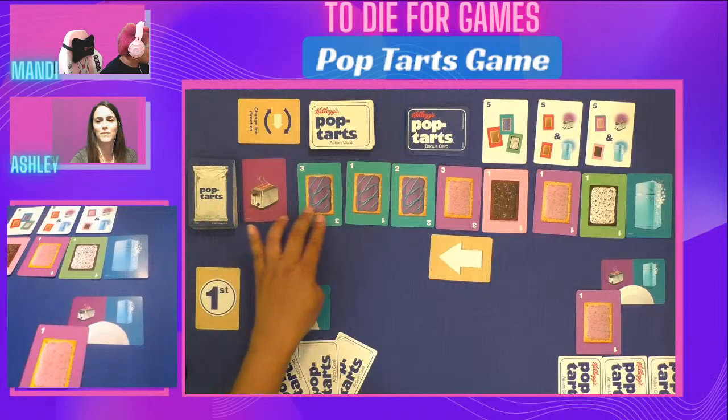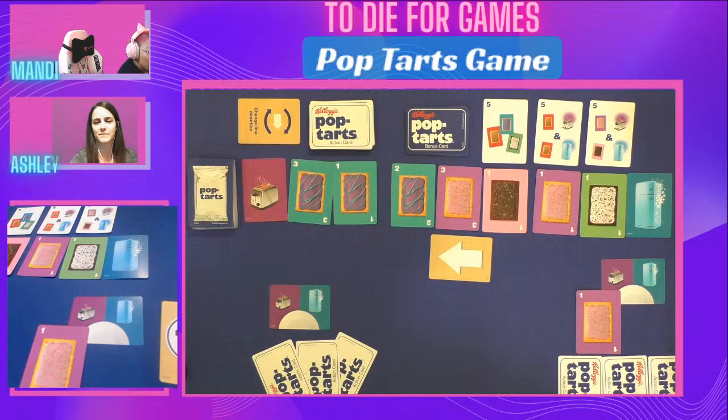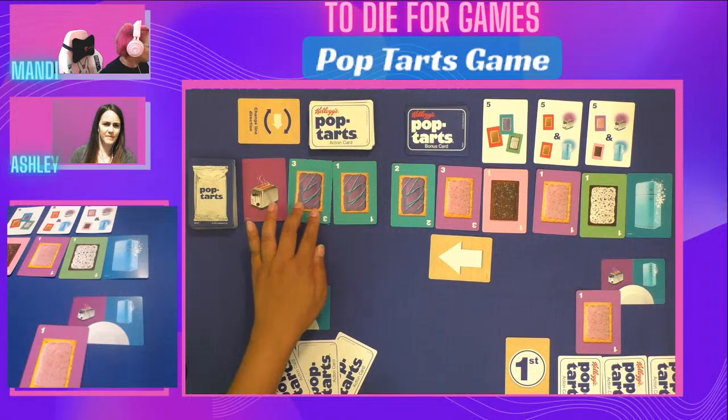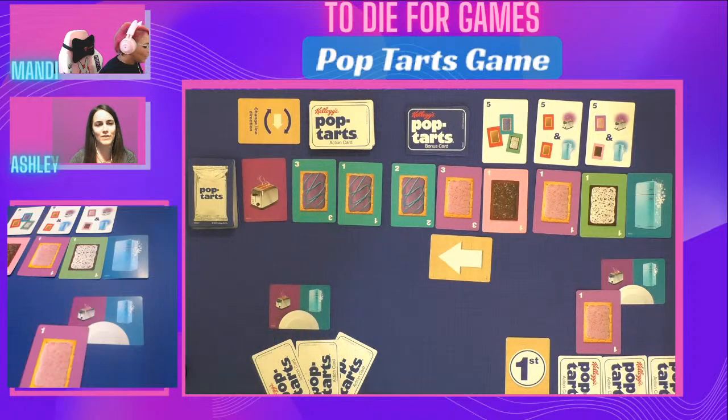Also, Mandy, if you could put first player near me, just for at the end of the game, it matters so that we have an equal number of turns. So I did, yeah, we'll throw that there. I mean, it's fine. It's in the shot. You can kind of get an idea. It's hard to see on this screen, but we'll throw it here so we know it's you first. Okay. There we go. So that was my long, somewhat convoluted turn, but everything else will play quickly once we